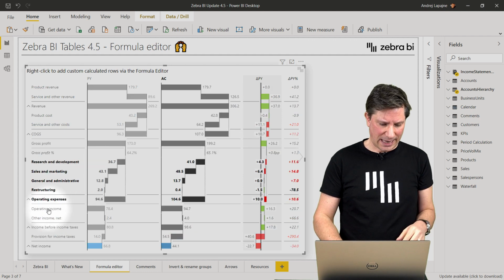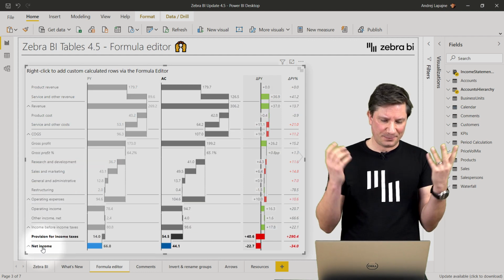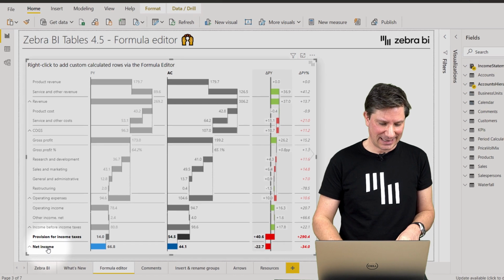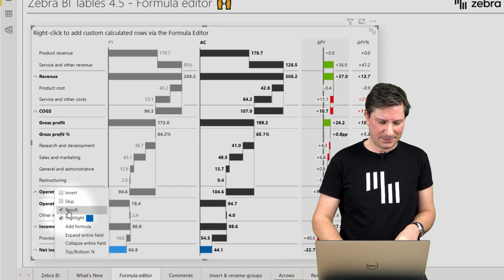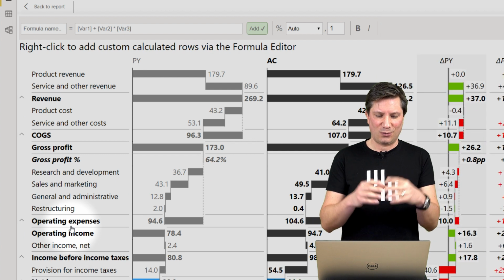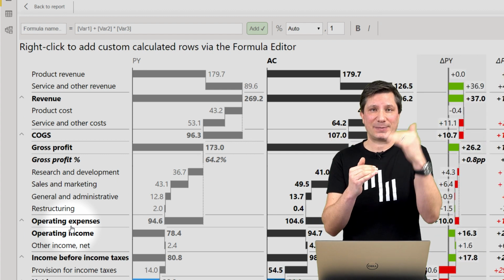All right, let's just add one more for an exercise. So net income, add formula. So we'll also calculate the net income as percent of revenue.